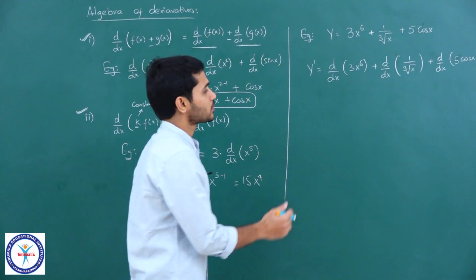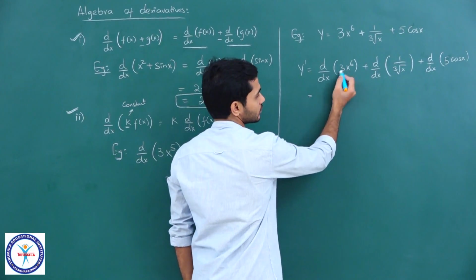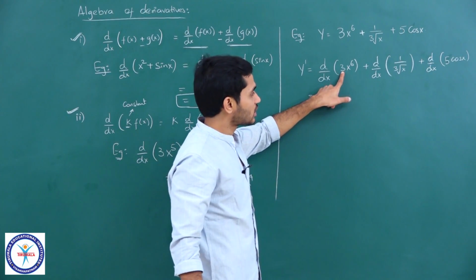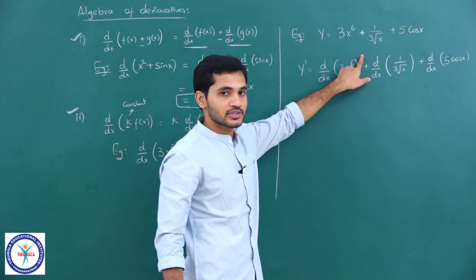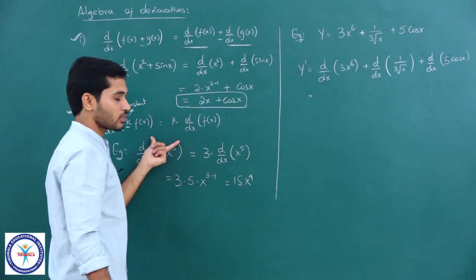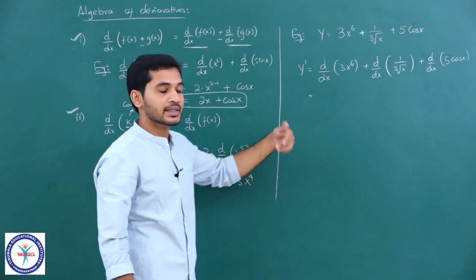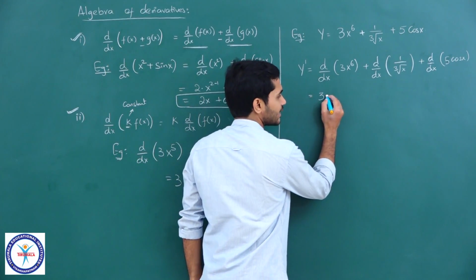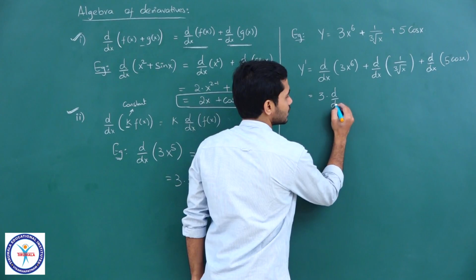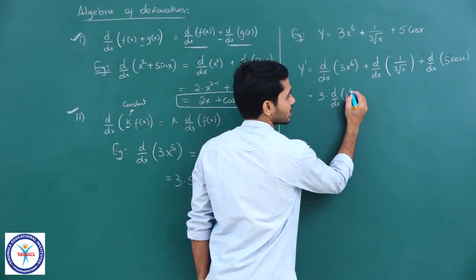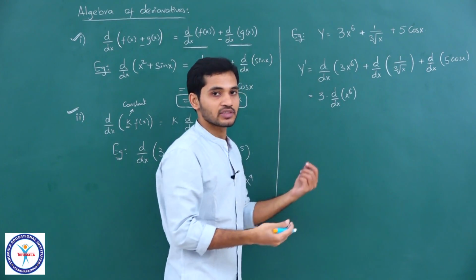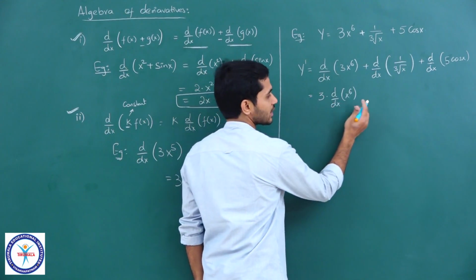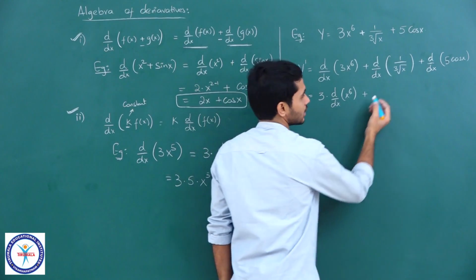Now, in this particular case, to calculate the derivative of this function, you see once again that it is in the form of 3, a constant, into x power 6. You know that when I apply this concept, I can bring the constant out and then I can differentiate x power 6. Okay. So, that is what I will do. I will write it down once again, no need to hurry. Let us write it step by step so that you know each and every step that is involved in this process. So, I can write this as 3 into d by dx of x power 6 plus